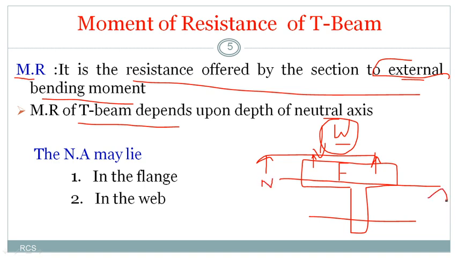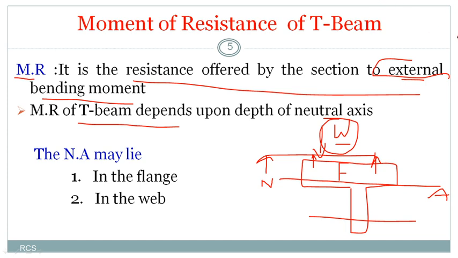Okay, in the case of a rectangular beam, we have only two zones, compression and tension, and the width across the depth is uniform throughout the section, so there is no confusion. Directly, straight away, we will substitute in the formula and calculate the moment of resistance wherever our neutral axis depth is, but that will fall within the section only.